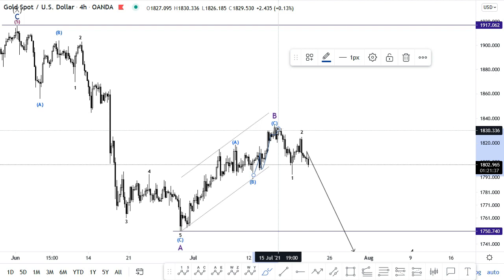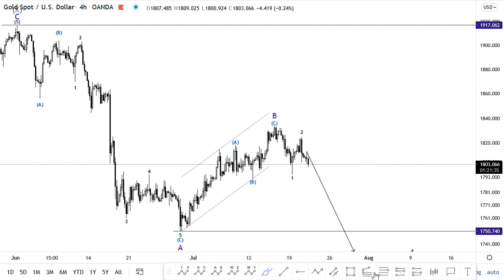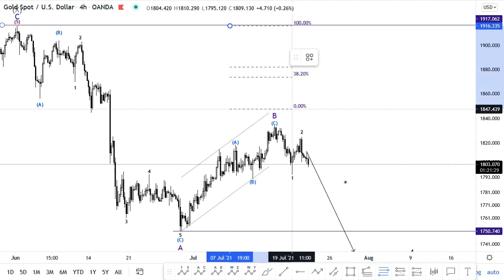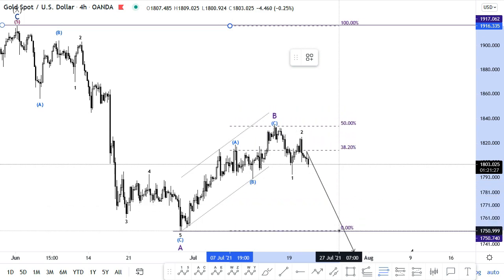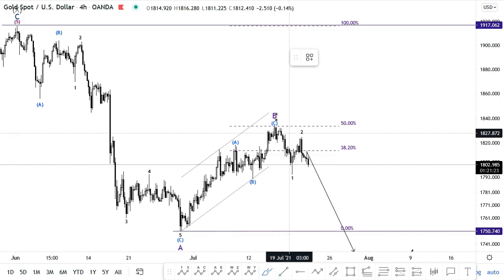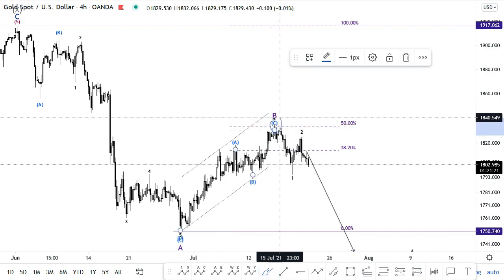And then we assume that the wave B might have found resistance at the 50% level. As you see, it hit the 50% level, and then you see a drop,